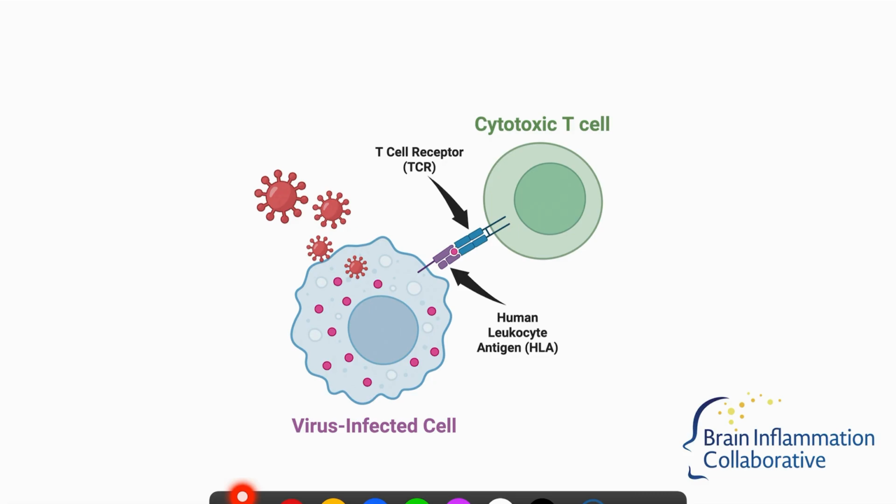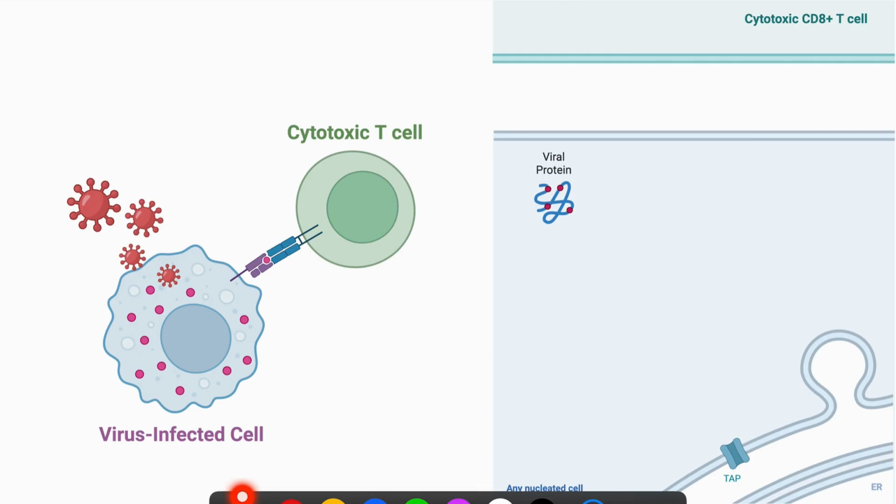And the T cell receptor of these cytotoxic T cells physically interacts with the HLA molecule in combination with the peptide. And if this peptide here is foreign, it will send a signal into the T cell that will result in the release of cytotoxic granules that will destroy the cell and obviously any intracellular parasite or bacteria or virus that's inside. So let's take a closer look below the cell surface and learn how these peptides are loaded